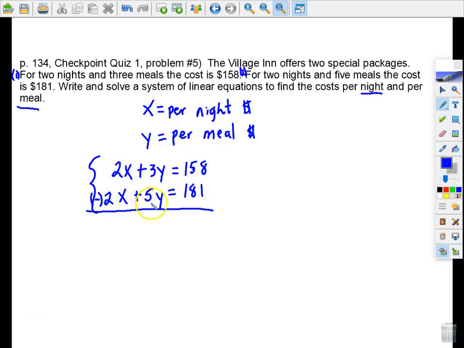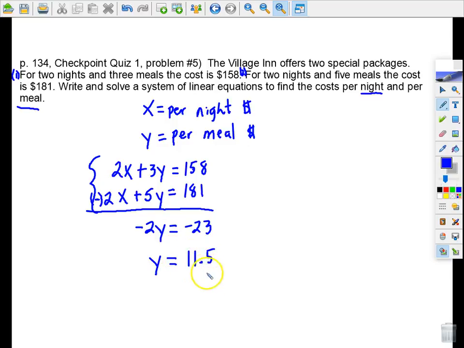So if I subtract the bottom equation from the top, matching like terms, I get 0x, or just 0. 3 minus 5y is negative 2y. And then we're going to do 158 minus 181, and that's negative 23. And then if you divide both sides by negative 2, you get a y value of